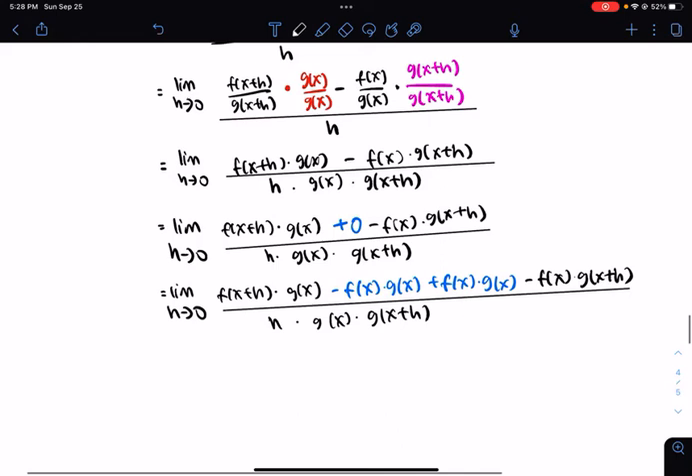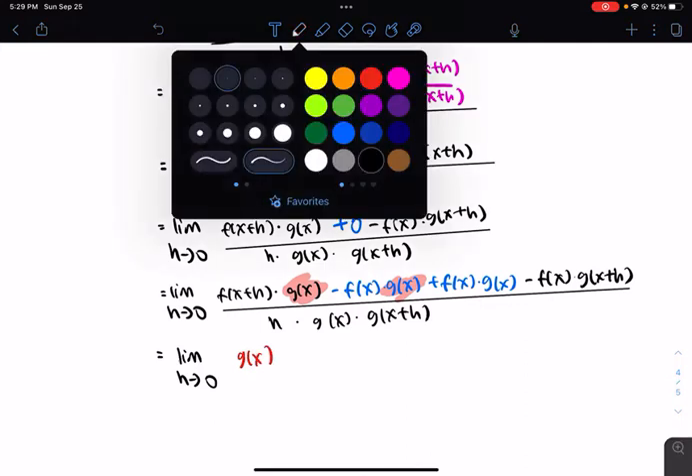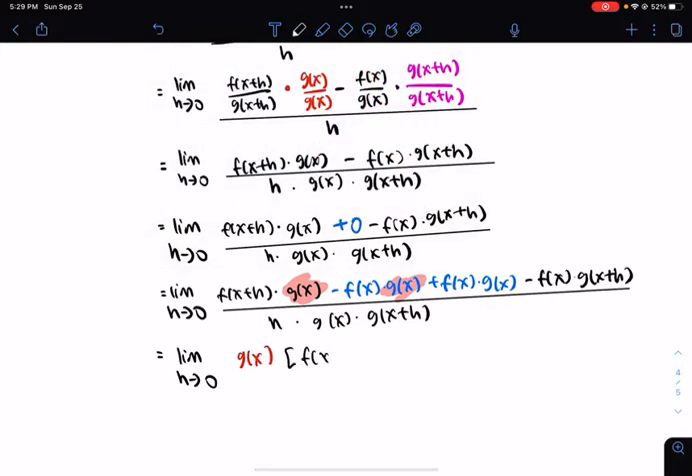Alright, so let's factor out g of x for the first and the second term on the numerator. And if I factor g of x, I'm left with f of x plus h minus f of x. And if I factor the last two terms, I factor out the f of x,